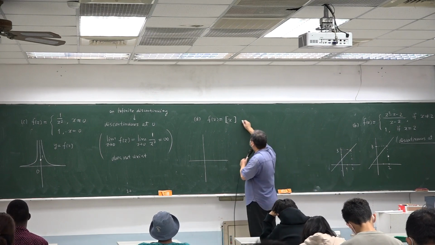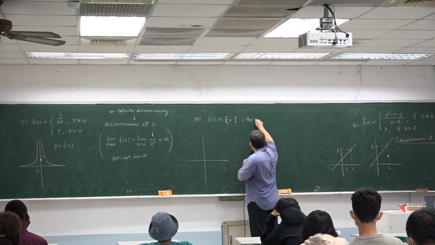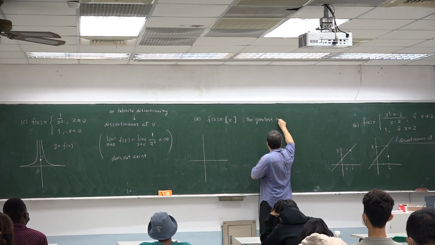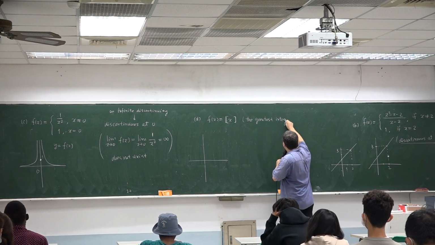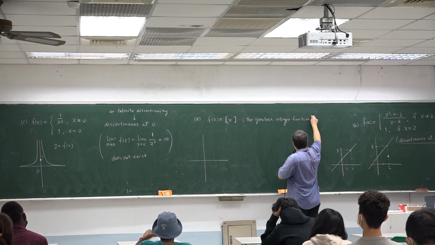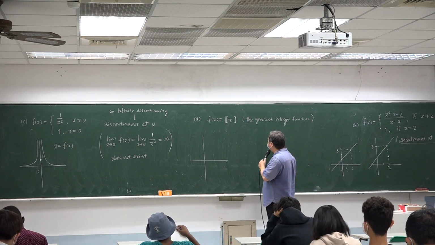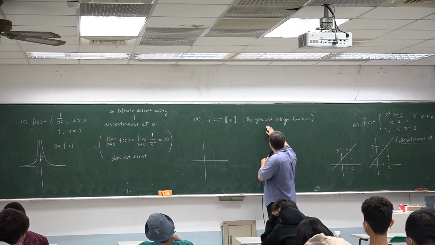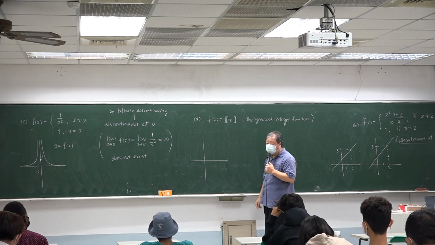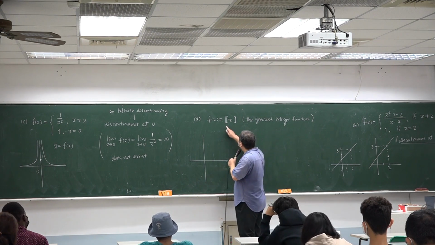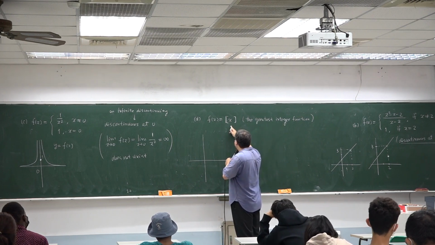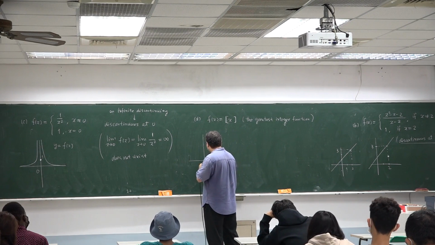The name of this function is the greatest integer function. It means the largest integer which is less than or equal to x. And we read this one as the greatest integer of x, whose graph is